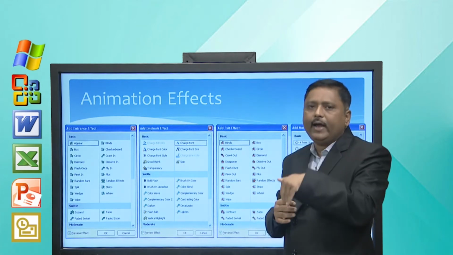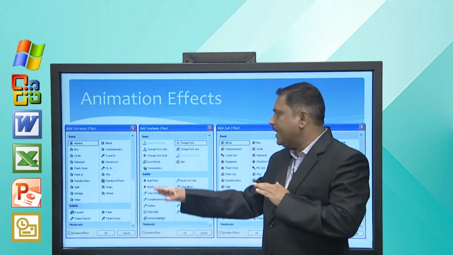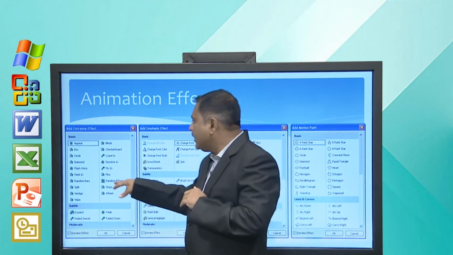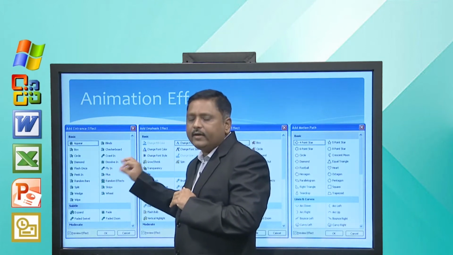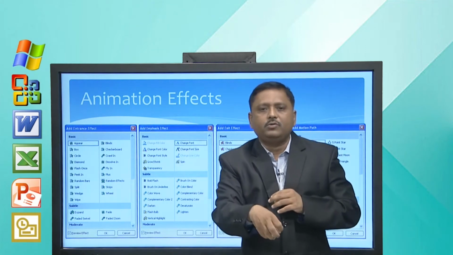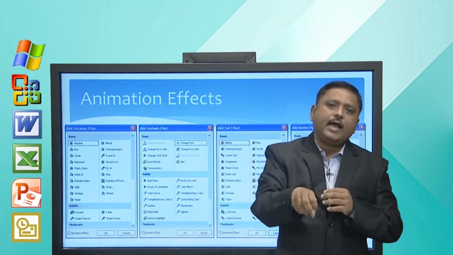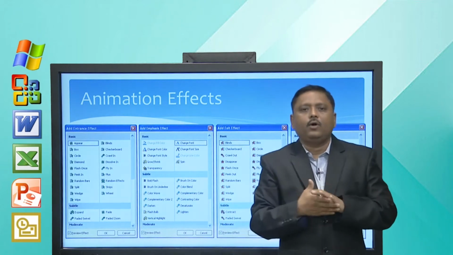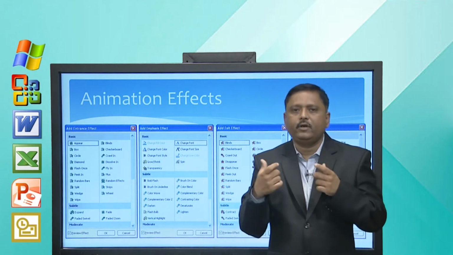How it enters the slide is decided by the effect that you select. For example, if I select fly in, then the object will fly from outside onto the slide at its position. So, these kinds of effects are called entrance animation effects.